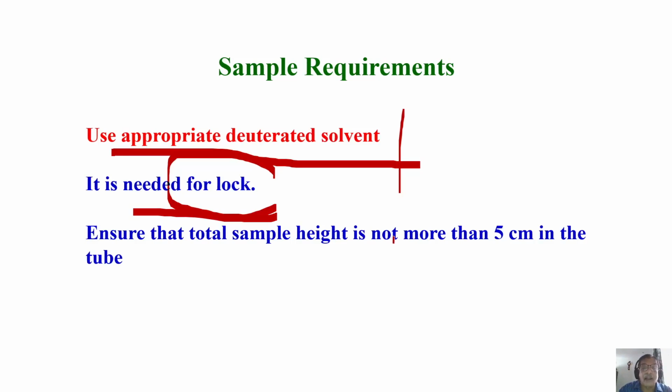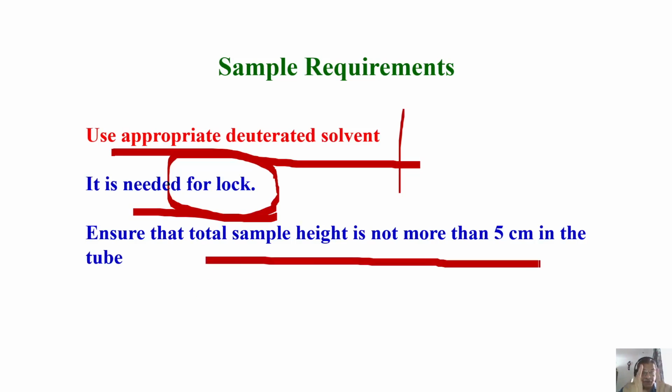Then your Larmor frequency will be that frequency, 42 megahertz, 42 or 44, whatever it is. You can see the precise value; I'm approximately telling you what I remember. That is very important. And you have to take this sample in the NMR tube, which I showed you, such that the total sample volume, or the height of the sample, should not exceed 4 or 5 centimeters. Just because you have sample, you cannot fill the entire NMR tube. That is also not good.